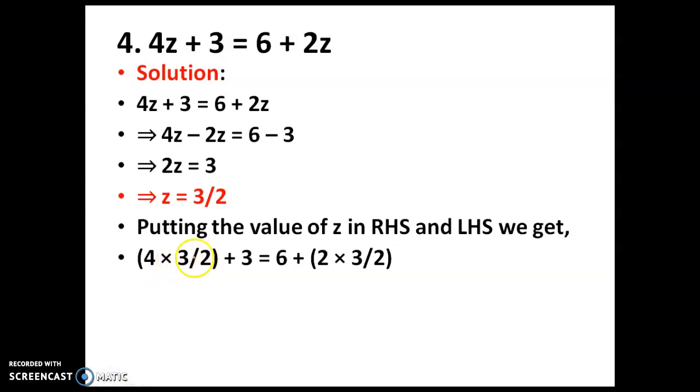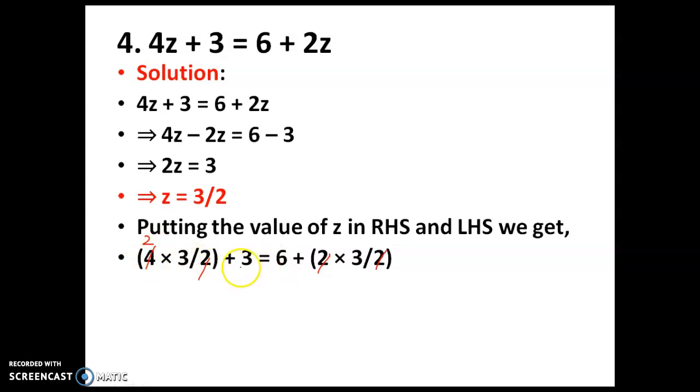Okay, how to simplify? Here 2 is there. So this 2 and this 4 will get cancelled, and for 4 you will have 2 remaining here. Then here 2 is there, 2 will get cancelled. Okay. Here you are getting 2 2s are 4. That's why I am writing 2 here. So 2 into 3 is 6. 6 plus 3 is 9.